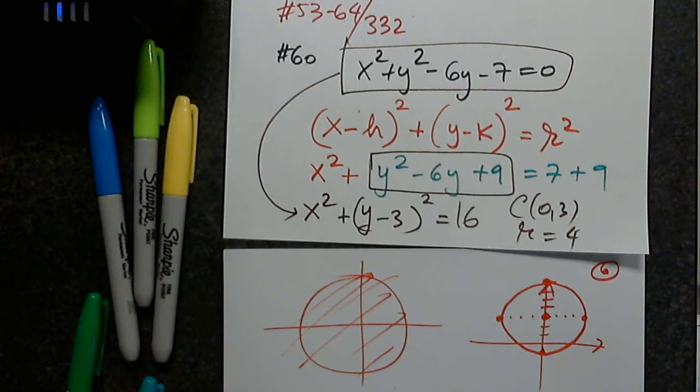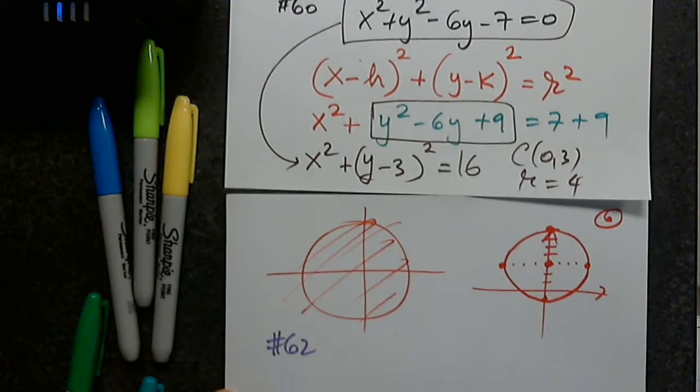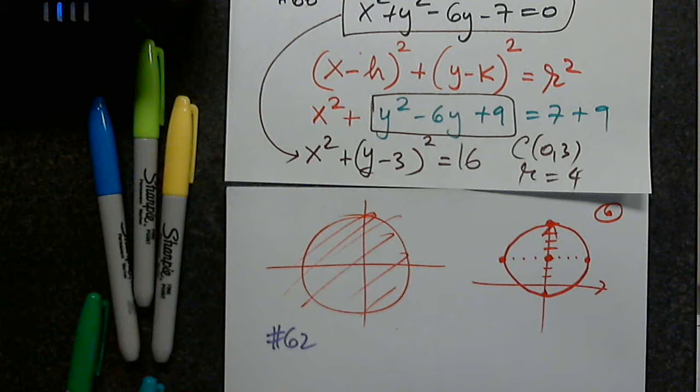This is the equation of the circle. This is the graph of the circle with the equation x squared plus (y minus 3) squared equals 16. So please give me any other equation between 53 and 64. 62. Let's copy 62. X squared plus y squared plus x plus y